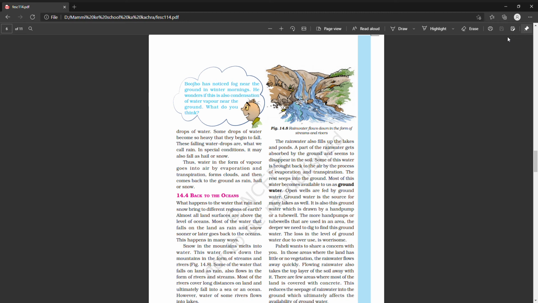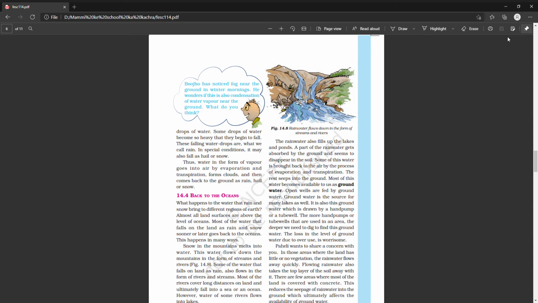The more hand pumps or tube wells that are used in an area, the deeper we need to dig to find this groundwater. The loss in the level of groundwater due to overuse is worrisome, because if there is more digging of water from the ground, the less water will be available in the form of